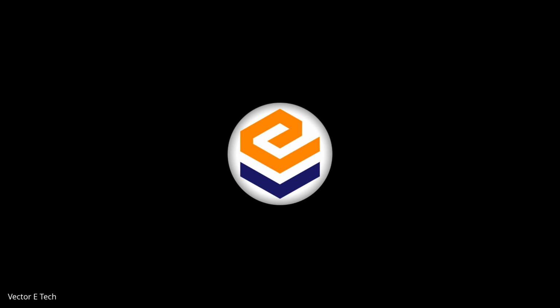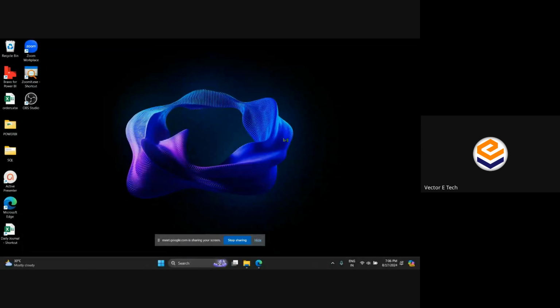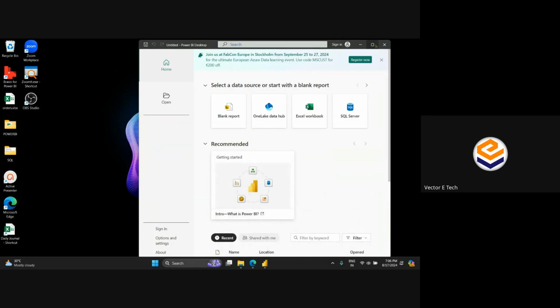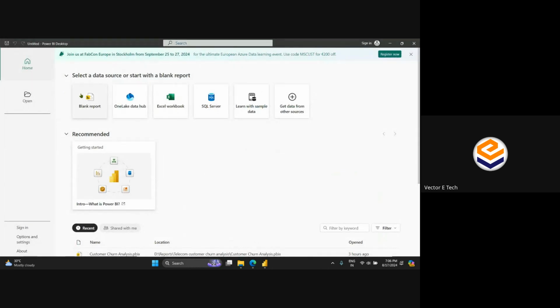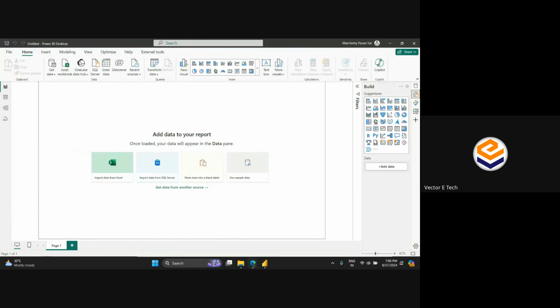So what we shall do is I'll just take Power BI desktop, right? So we'll start from scratch. Okay, so here is our Power BI desktop. I'll take this blank report. I hope my screen is visible,